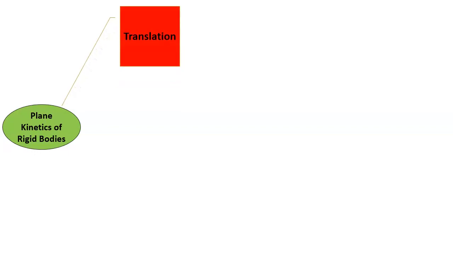The plane kinetics of rigid bodies can be categorized in three different groups, similar to the plane kinematics of the rigid bodies. The first group is translational motion. In the translational motion, there is no rotation, the body is translating. This translation can be a straight line or it can be a curved line, but there is no rotation generally